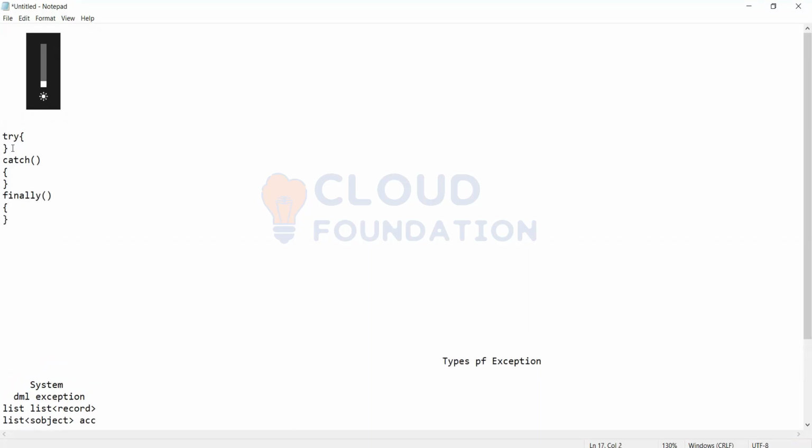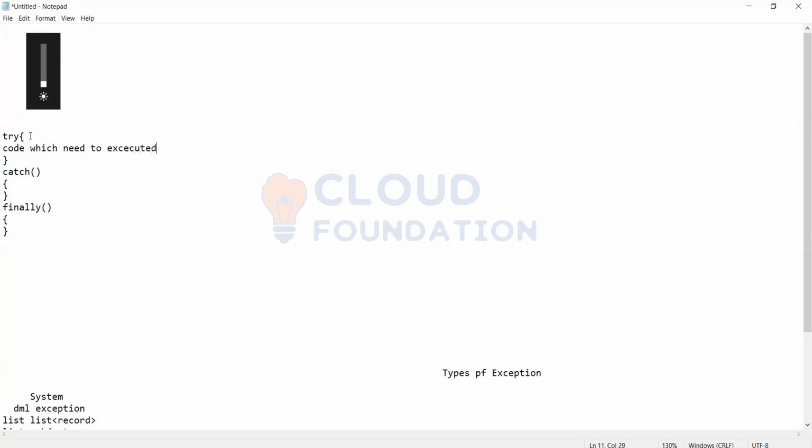So what it means is, first, the code which we want to execute, the code which needs to be executed, that line of code will be written here. For example, you want to query the data, you want to insert the data, whatever you want to do, you will do inside this try block. And if that code is breaking, for example,